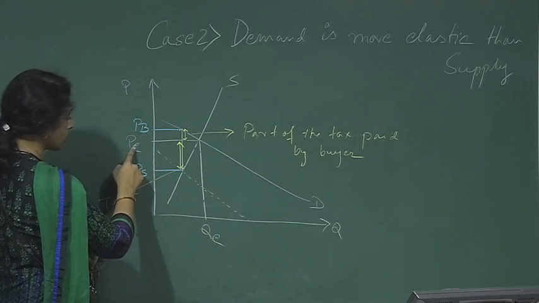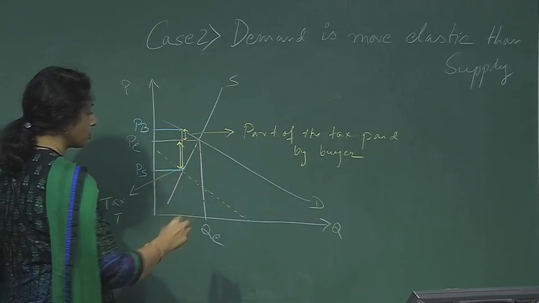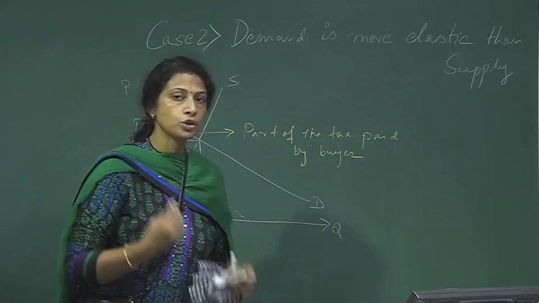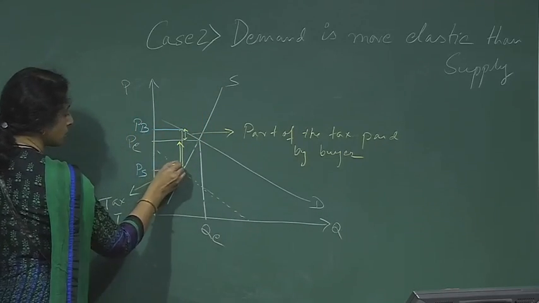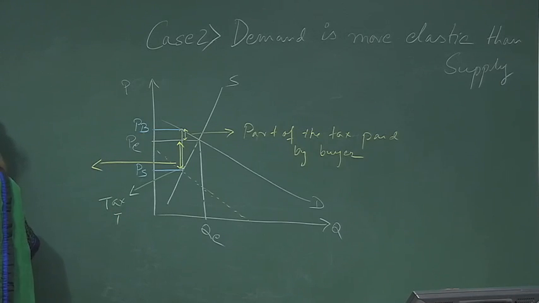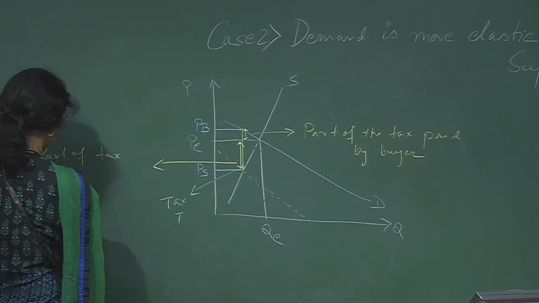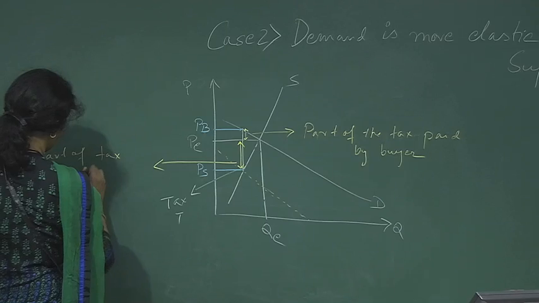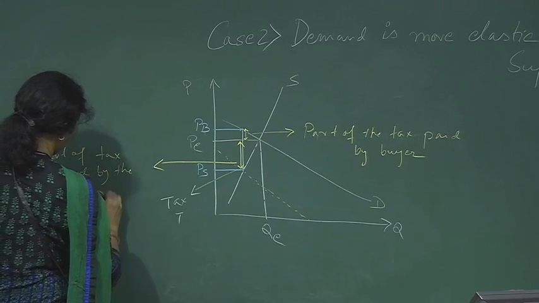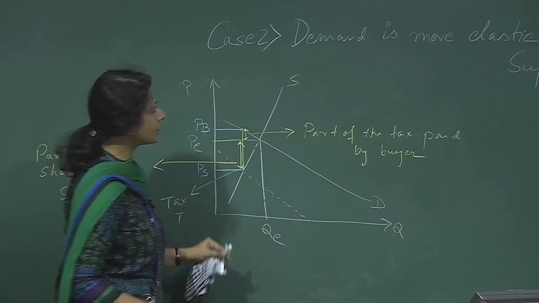So earlier he was receiving PE, now he is receiving PS, and this is the amount which he gets less than what he was getting during equilibrium. So this is the part of the tax shared by the seller, and in this case we clearly see that